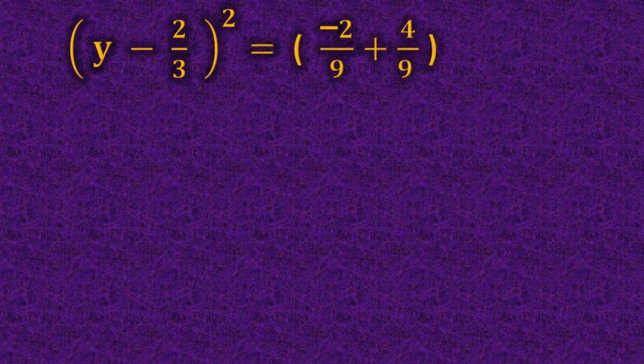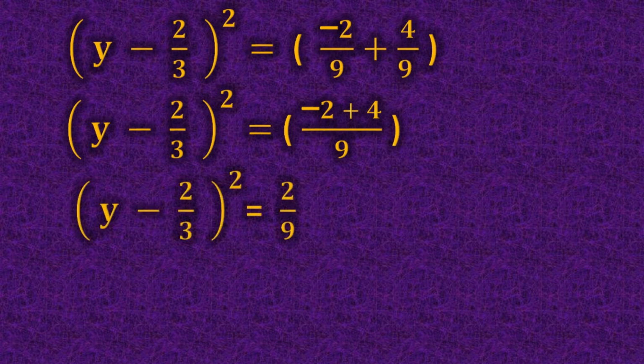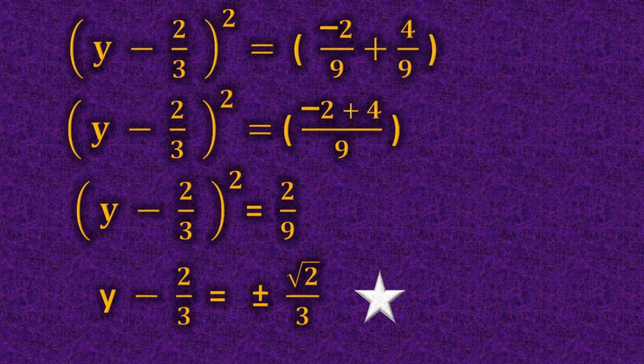The second side we will do on the next page. Let's solve. Here no need of cross multiplication. Take 9 as the common base. So upside minus 2 plus 4. Minus 2 plus 4 will give you 2 upon 9. Take the square root. At the time of taking the square root, the square on the left hand side is removed and you have to write the plus or minus sign. The square root of 2 is root 2 and the square root of 9 is 3. On the next page we are copying the same step.